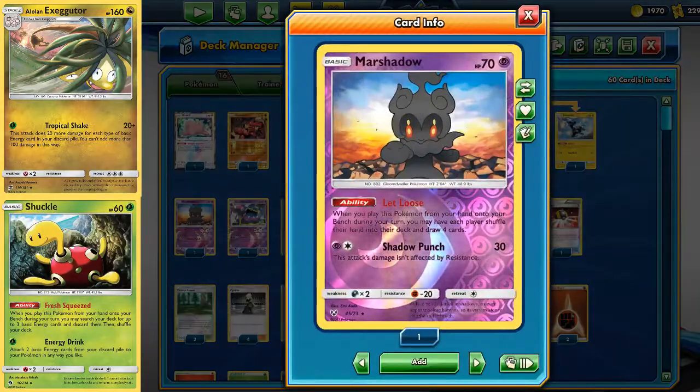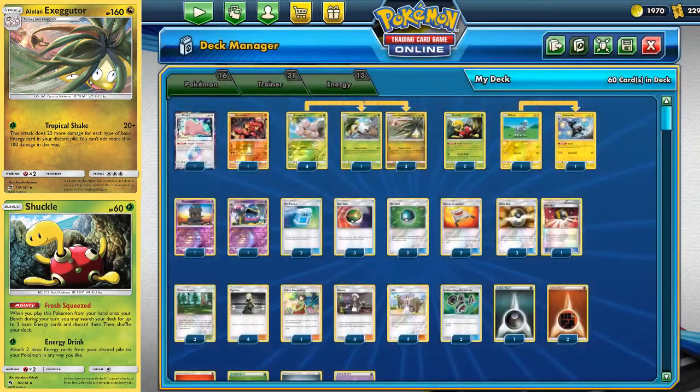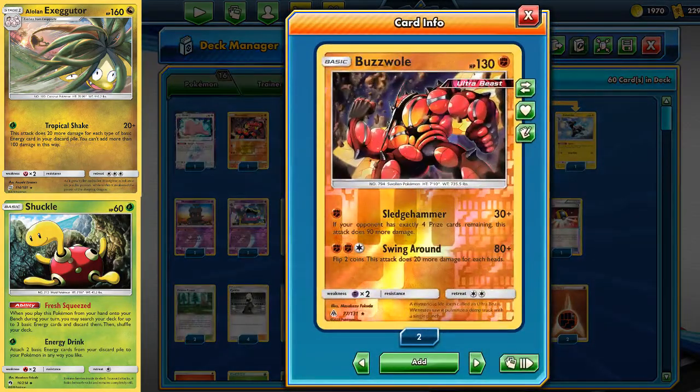We've got 1 Let Loose Marshadow, because Let Loose is a good card that is fair and balanced. So you can shuffle, draw 4. Pretty good. And I think the most exciting card that we've got in this deck is a copy of Baby Buzzwole